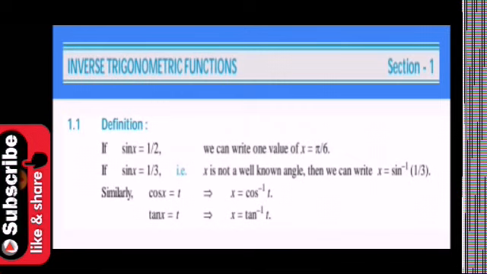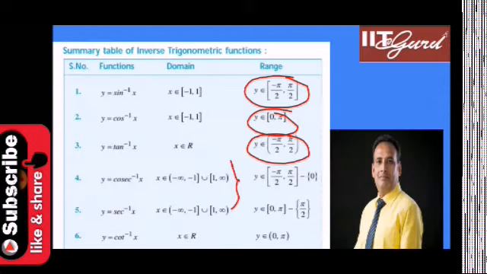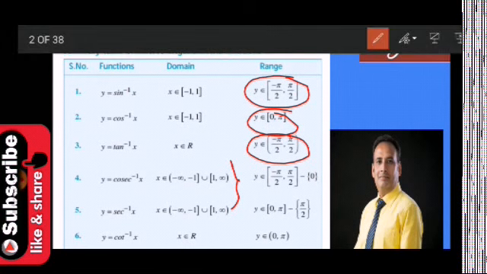Now let's go on with inverse trigonometric functions in detail. So, the definition of what an inverse trigonometric function is: as you know, these are called functions, but inverse trigonometry means sine inverse x, tan inverse x, whatever; these are angles, nothing else. So angles, if you see here, sine inverse x and tan inverse x, and cosec inverse x.